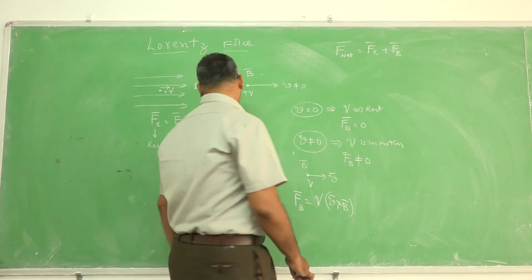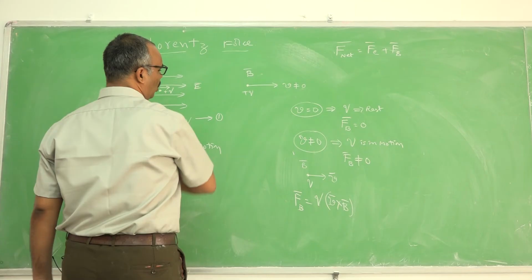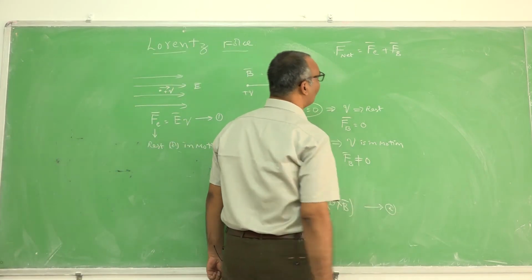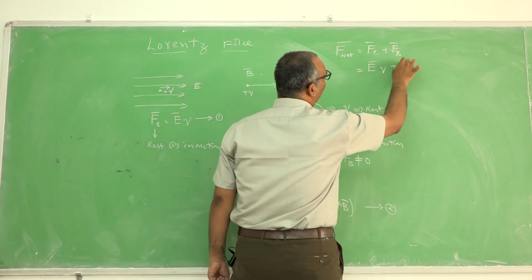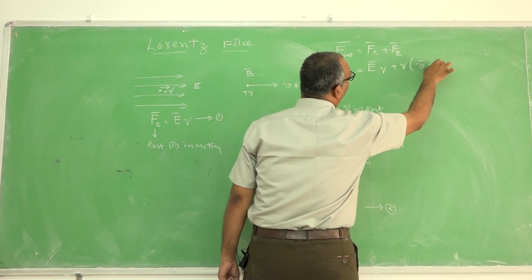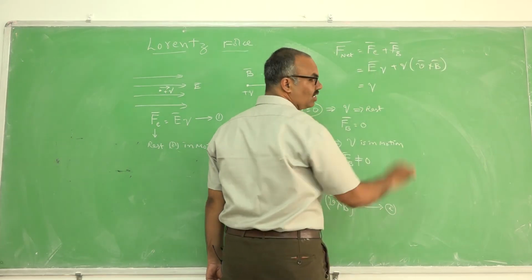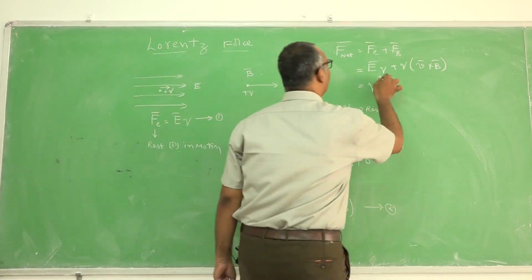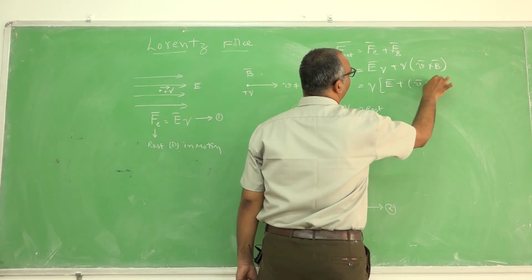If you combine these two equations, equation number 1 indicates the force due to the electric field, and equation number 2 indicates the force due to the magnetic field. The combination of these two, that is EQ plus Q into V bar cross B bar, is called Lorentz force. Here Q is the charge on the particle, which is a scalar quantity, so you can keep it outside: F bar is equal to Q times E bar plus V bar cross B bar.